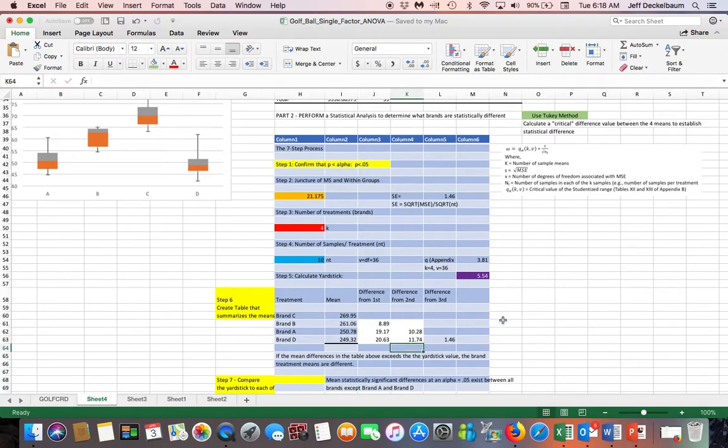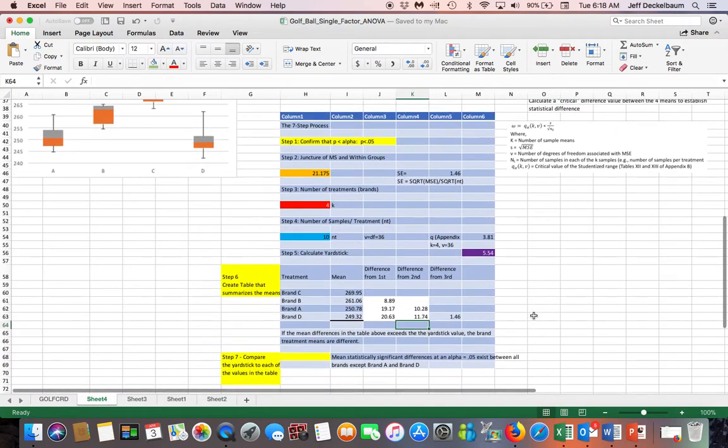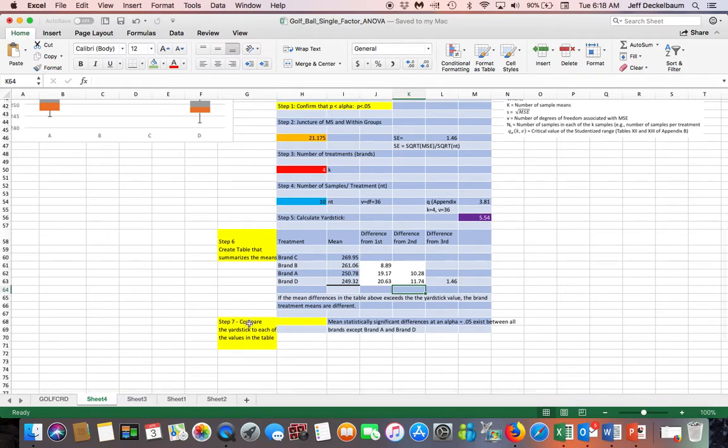Okay. So now, in step 7, we want to compare this yardstick or critical difference parameter with each of these differences right here. If these differences are larger than this yardstick, that means that there is statistical difference between the brands. So this term, this term, this term, basically all the terms except for